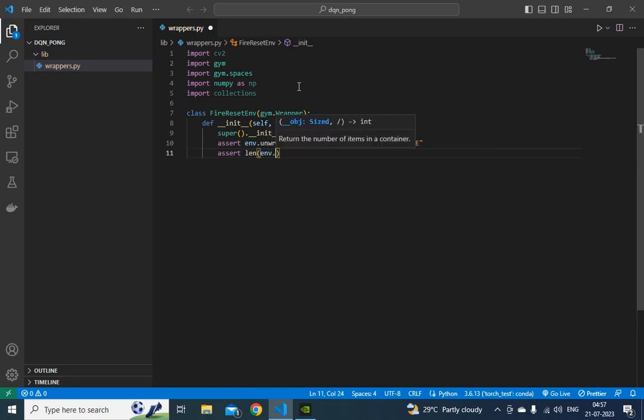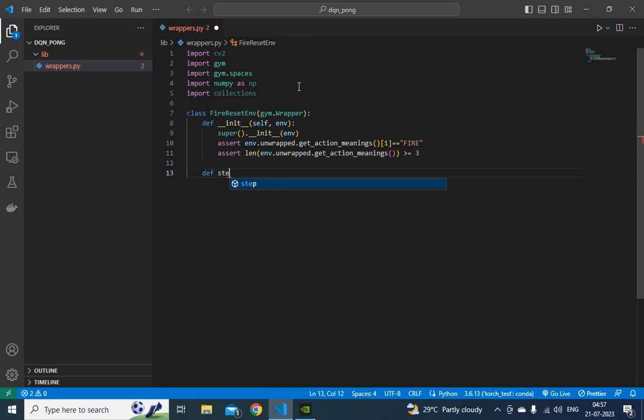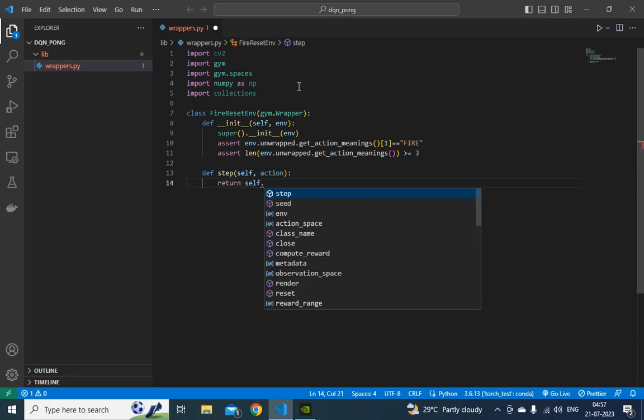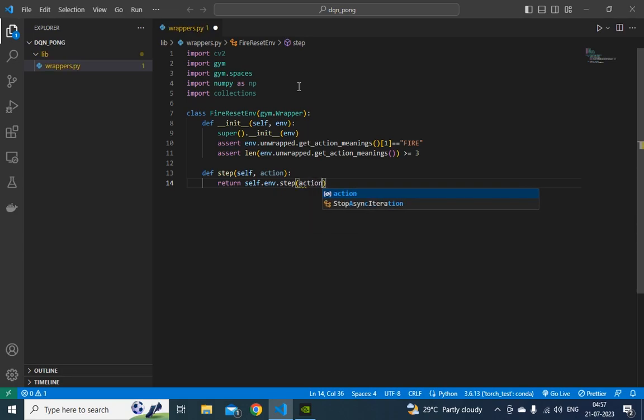length of env.unwrapped.get_action_meanings() is greater than or equal to 3. Then def step with action, and return. Definitely we're going to receive output from this step. We're going to take in the specific environment and the action we're going to take, so env.step(action),